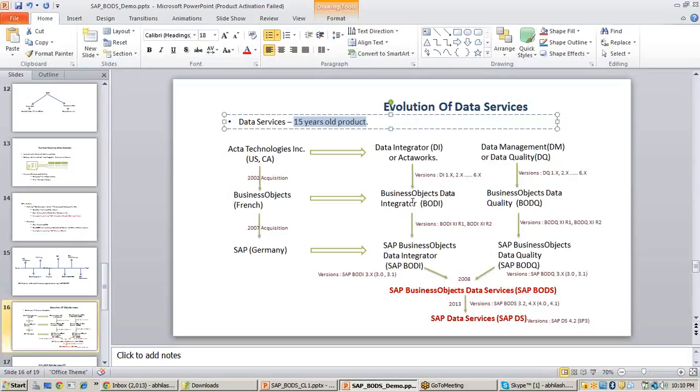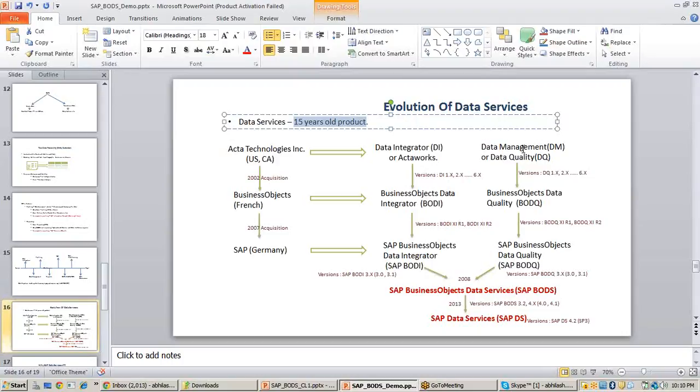So first we shall see 15 years back. There was a company called Actor Technologies Incorporation in California, US. Similarly, every company will have an intention. For example, if you go for a big company like IBM, their intention is to provide good hardware. Microsoft's intention is to provide a good operating system. Oracle is nothing but good data management system, database. Similarly, Actor Technologies Incorporation was a company whose intention was to provide good real-time data